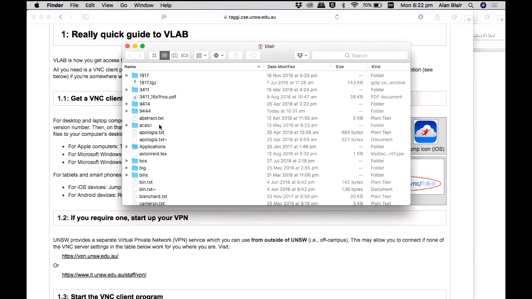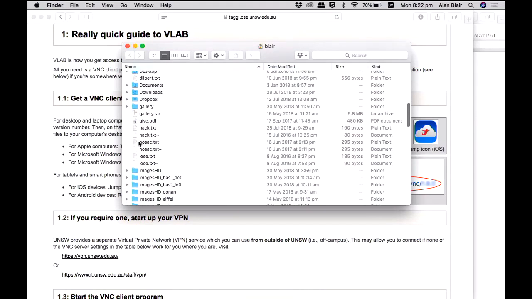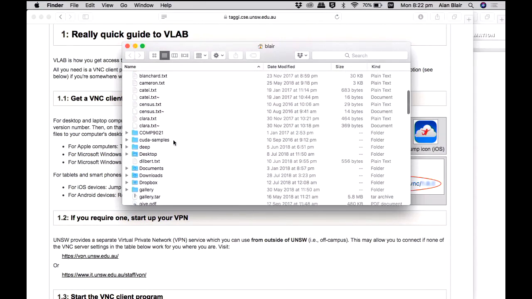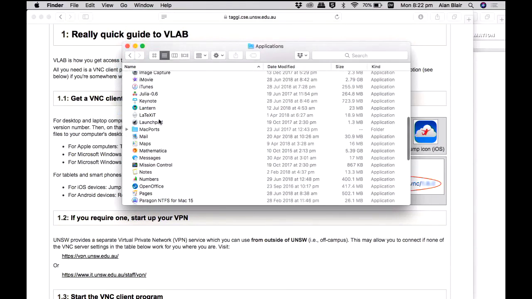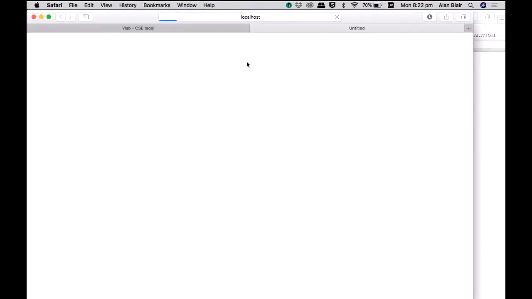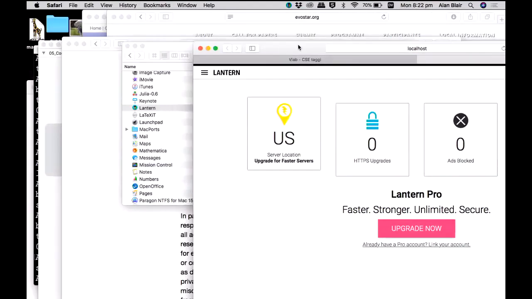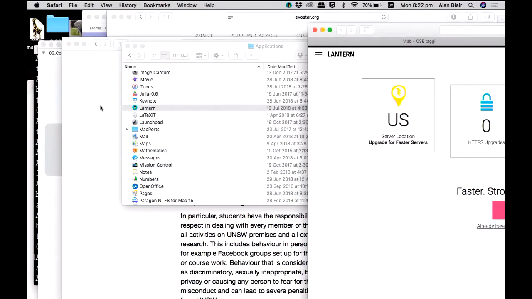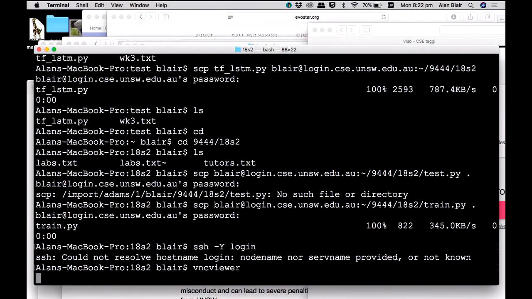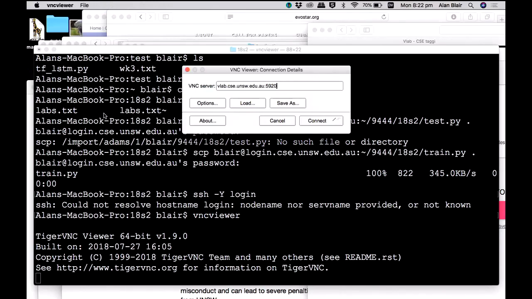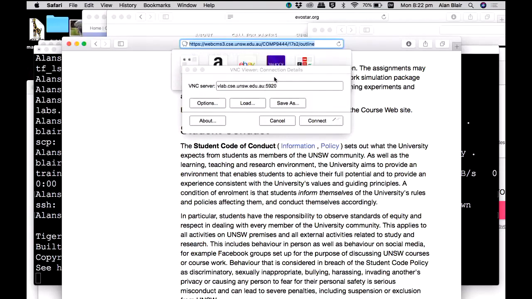There's a VPN available from the school that you can use, but my preferred VPN is Lantern. It doesn't really matter which one you use. So if I click on this, it's now running this VPN. Then if I run VNC Viewer, this tells me that I'm going to connect into VLab.